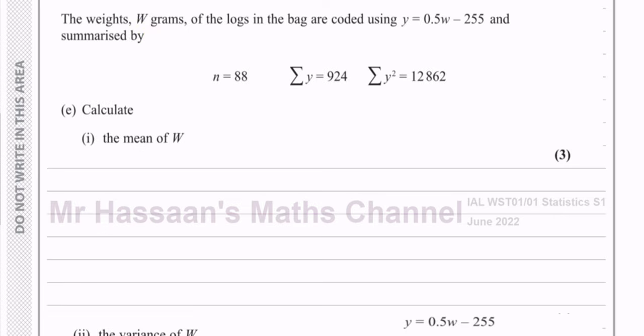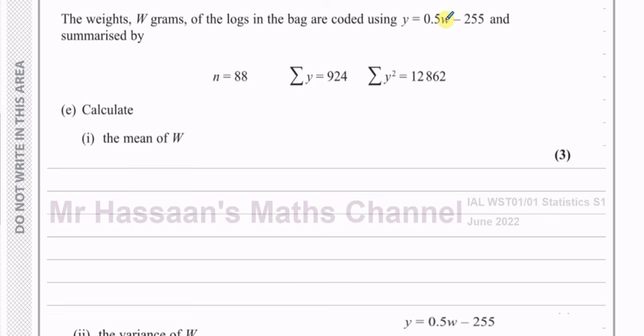Okay, now for part E of this question. Here we are told that the weights W in grams of the logs in the bag are coded using y equals 0.5W minus 255 and summarized by the following summary data. We have n equals 88, as we know there's 88 logs in the bag. But here what we have is the sum of all the y values. So basically the weights of the logs, which are not given in the original table, that's about the lengths. The weights of the logs are taken